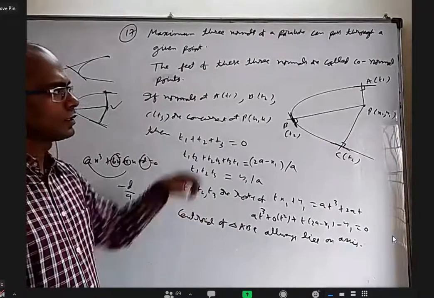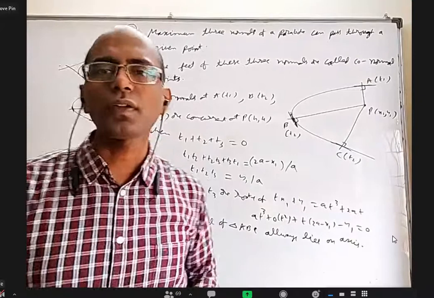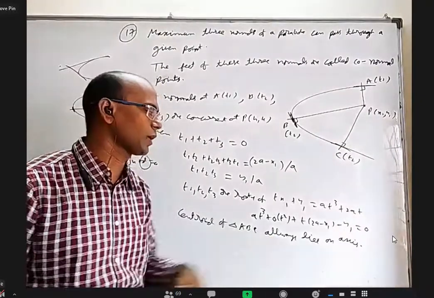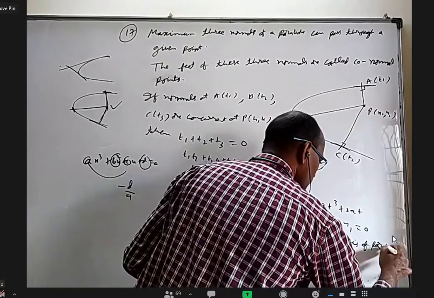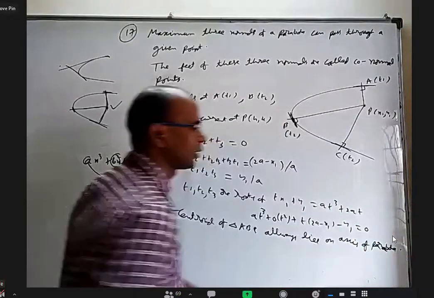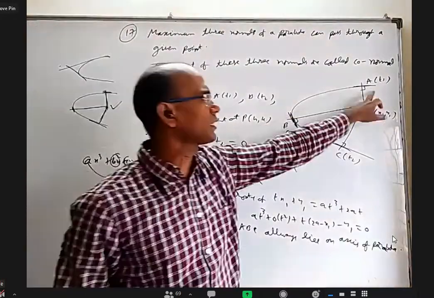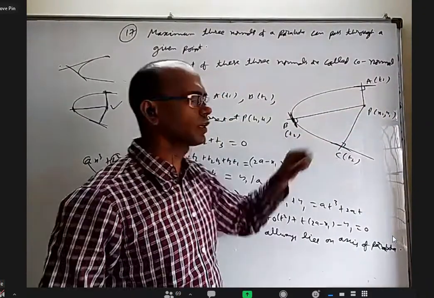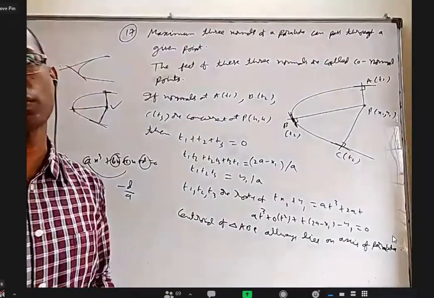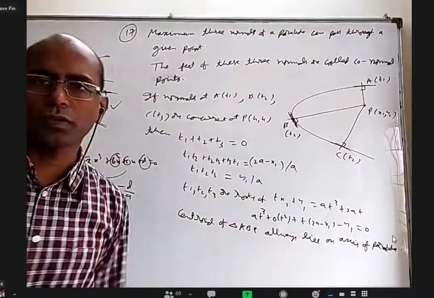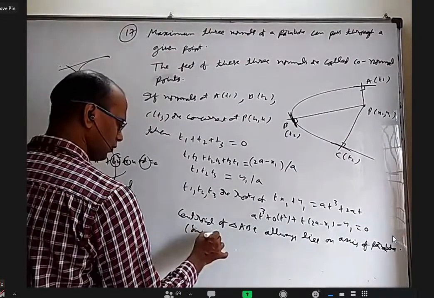Okay, next. You may change x1, y1 to some other point. A will change, B will change, C will change. But the centroid of triangle ABC will always lie on the axis of the parabola. Why does it lie on the axis of the parabola? Because t1 plus t2 plus t3 is 0. What is the y coordinate here? 2at1. Y coordinate here 2at2 and y coordinate here 2at3. So if we take the centroid's y coordinate, 2at1 plus 2at2 plus 2at3 by 3 is 0. That's why it's lying on the axis of the parabola. If you want, you can write here since its y coordinate is 0.